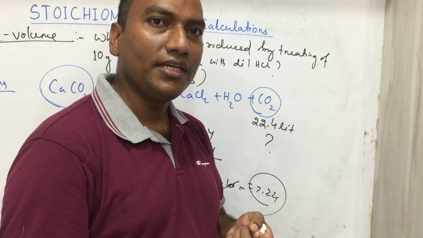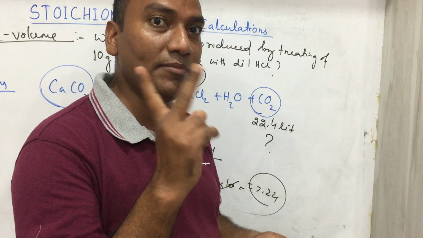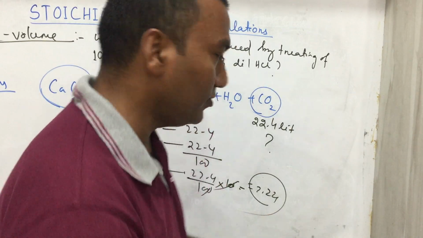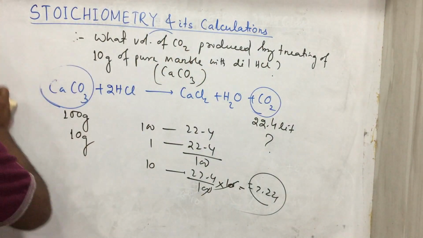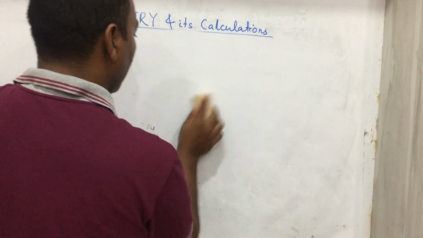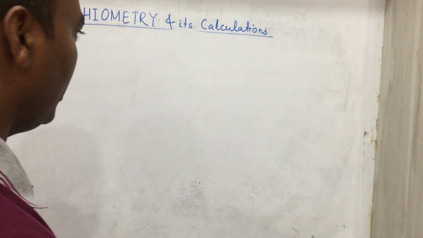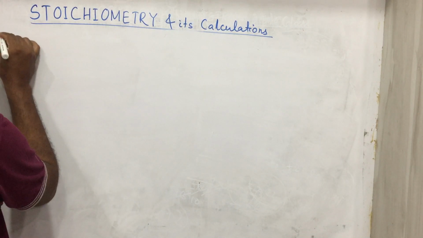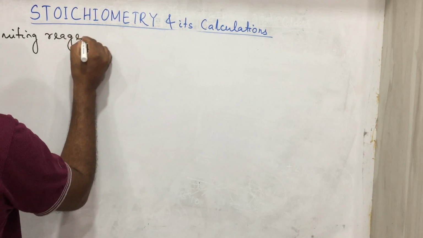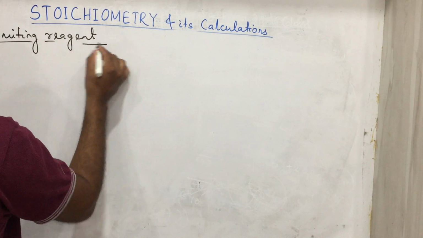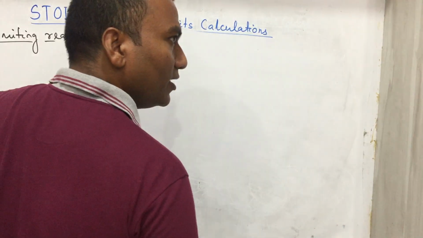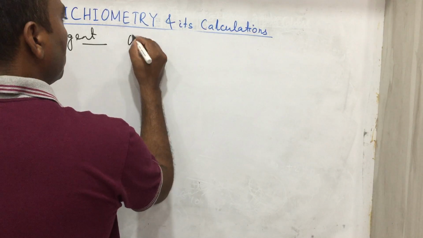Next question is, sir, if two reactants' masses are given at a time, then how can you calculate? Clear now? So this is called, our heading is, this is called a limiting reagent. Okay, carefully listen. First listen to one question, then I will explain what is the meaning of a limiting reagent.